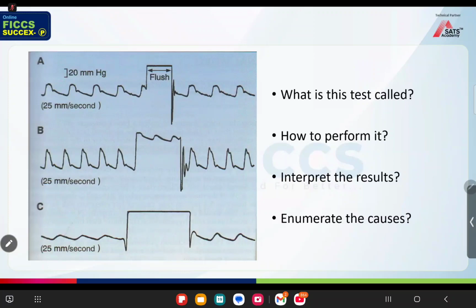So this is okay, very basic thing, that arterial waveform tracing, that is a square wave or flush test, and we usually expect that it will come to normal after 1.5 oscillations. But if it is taking more than that, it is under damped, and if it is taking less than that, it is over damped. So you should know the causes for this under damping, like very stiff lines are there,